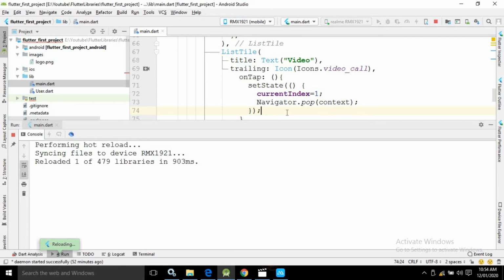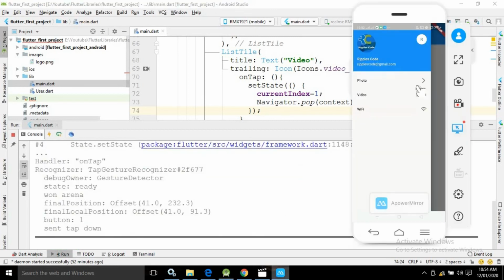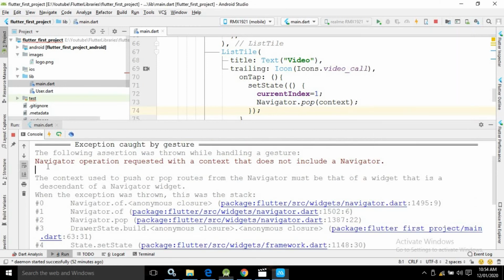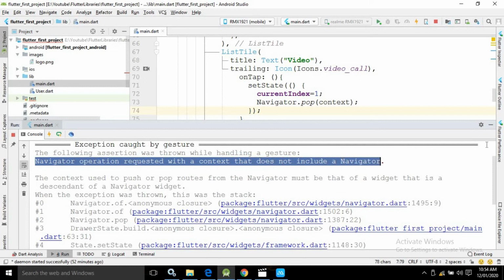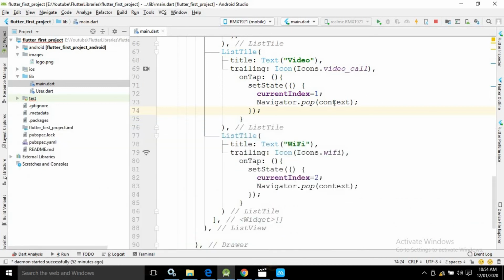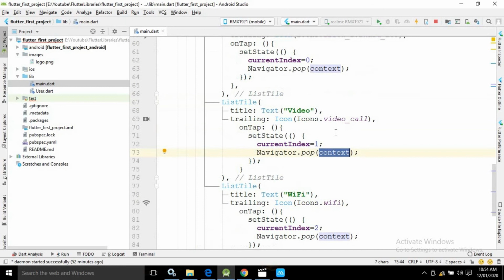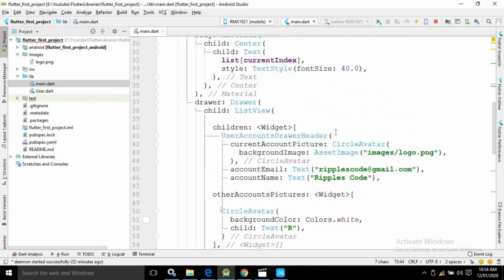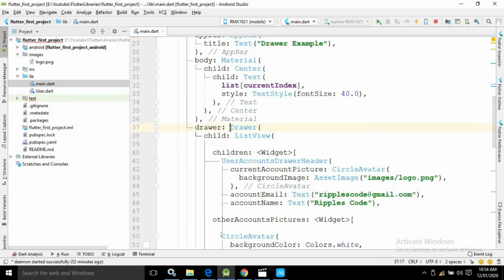Now once I click here in the list tile, see, it is generating an error. What error is it generating? Navigator operation requested with a context that does not include the navigator. Because this context is not working. To solve this problem, what I will do,